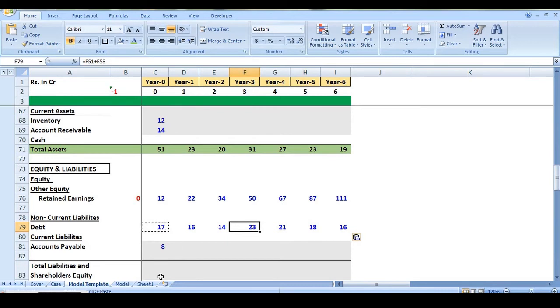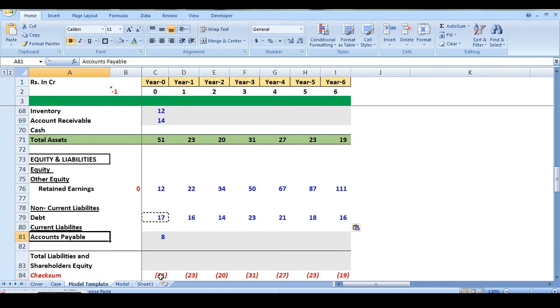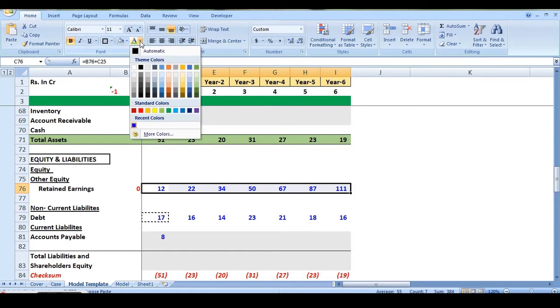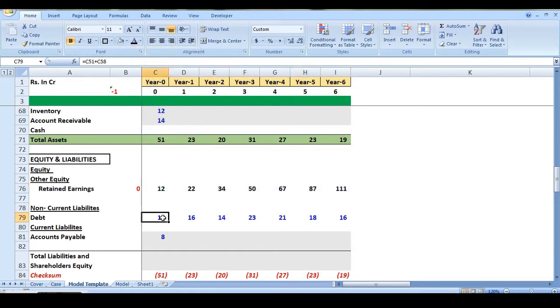The next component in the balance sheet, under current liabilities, is only accounts payable. Even the value for accounts payable is given to us, which we record as it is. For better understanding, we are adopting a color scheme, wherein we keep all the calculated values in black and all the already given values in blue, so that we can identify them whenever we are reading the financial model. Accounts payable also needs to be calculated for the rest of the years.